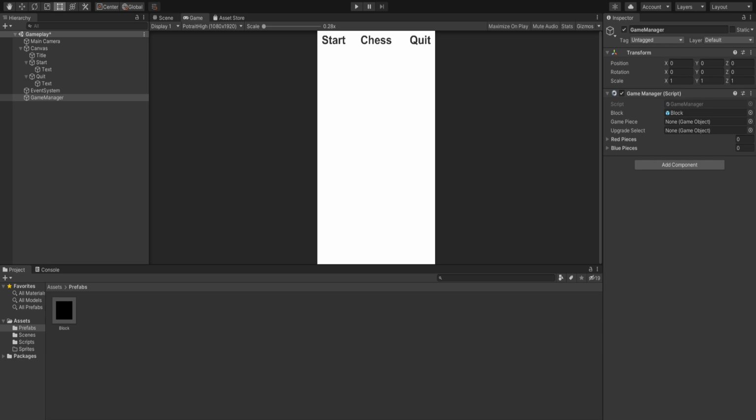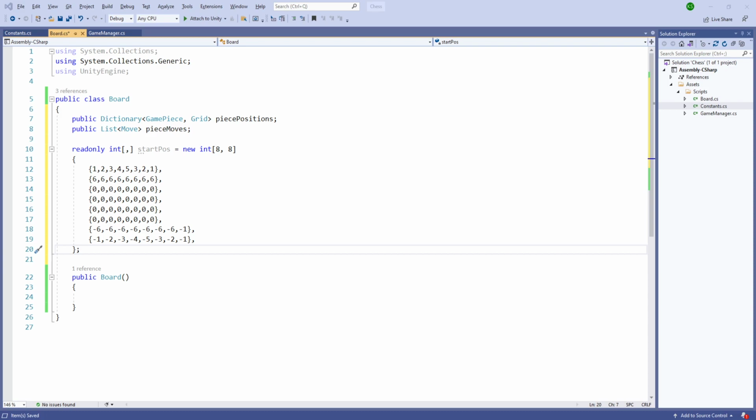So we have a valid position. Depending on this 2D array, we'll have the player positions. I just created this 2D array and just set up the player positions depending on it. So let's set up. First we need to create a new grid. So let's just call the piece positions